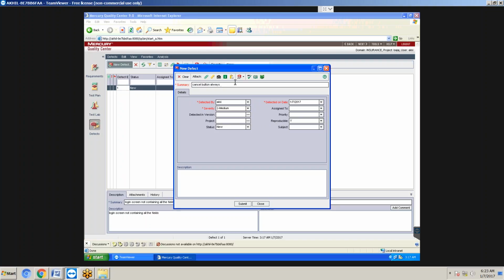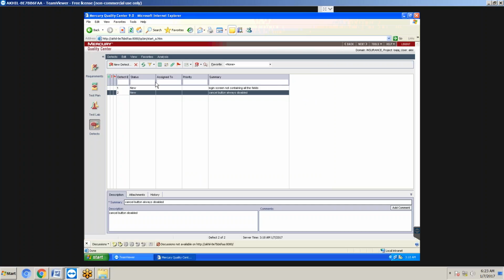Defect: cancel button disabled. Click on submit. I'm raising two defects to developers. Click on close.